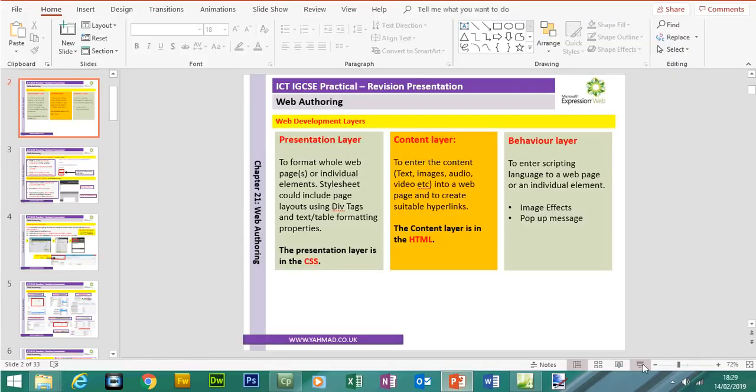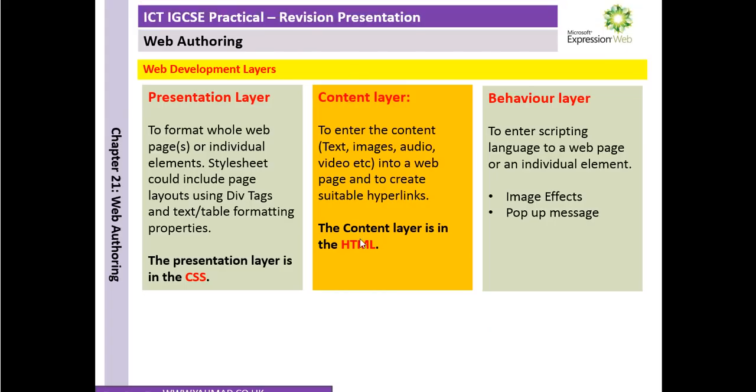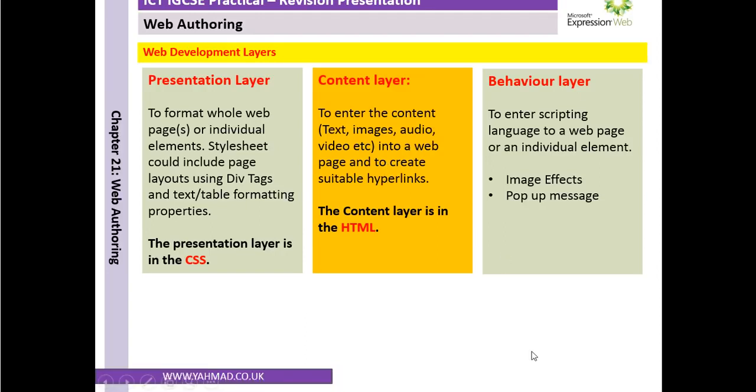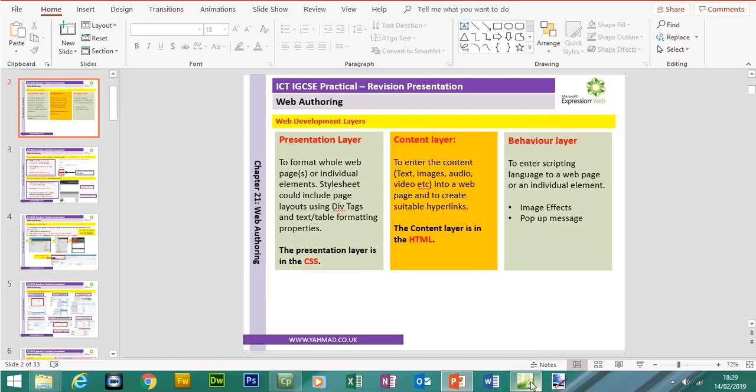Now let's look at the second layer. The second layer is the content layer. The content layer is basically in the HTML. The content layer will include text, images, audio, video, etc. in a web page, and also will be used to create suitable hyperlinks. So if we go back to the example,